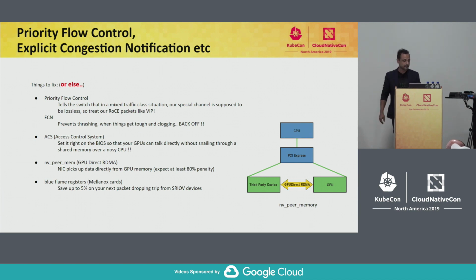And then other things, you need to get this ACS thing set up in the BIOS. If you don't do that, you'll see performance suffering. And then there's GPUDirect, which has been introduced. If you don't put this kernel module in, imagine now you have 20 boxes in your data center or 200 boxes, and you missed the kernel module in just one of the boxes. What is the single most important principle of high performance computing? The slowest guy is going to guide the performance of the entire flock. And you say, oh, the whole thing is running on 20% performance. What's going wrong? Well, please go through the checklist. We've suffered this, so believe us.